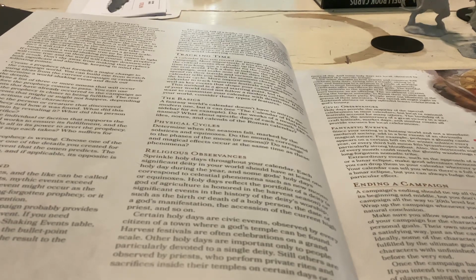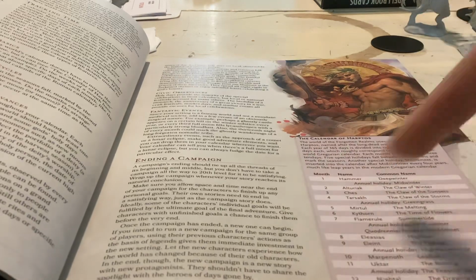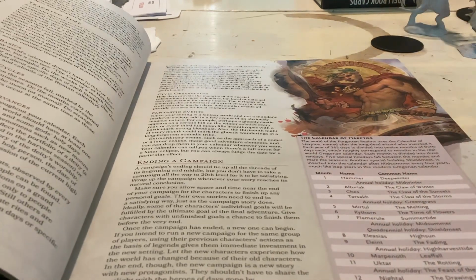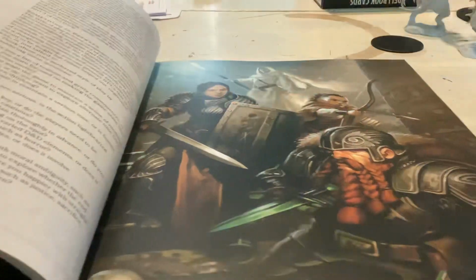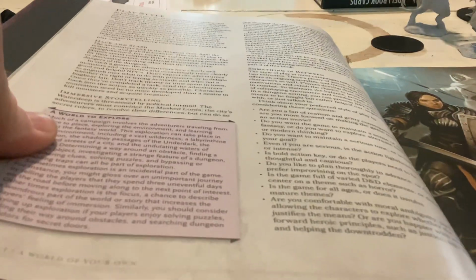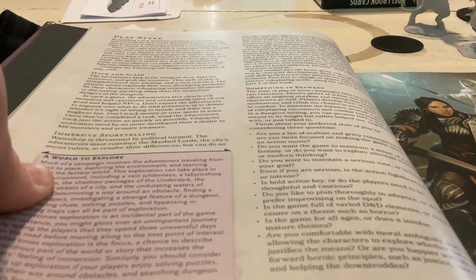And of course it also gives an example of a type of calendar you could use, or you could always just make it simple and use the one that we use, the Gregorian calendar. It also goes into the play style. Is it like hack and slash, where you're just rolling a bunch of dice and